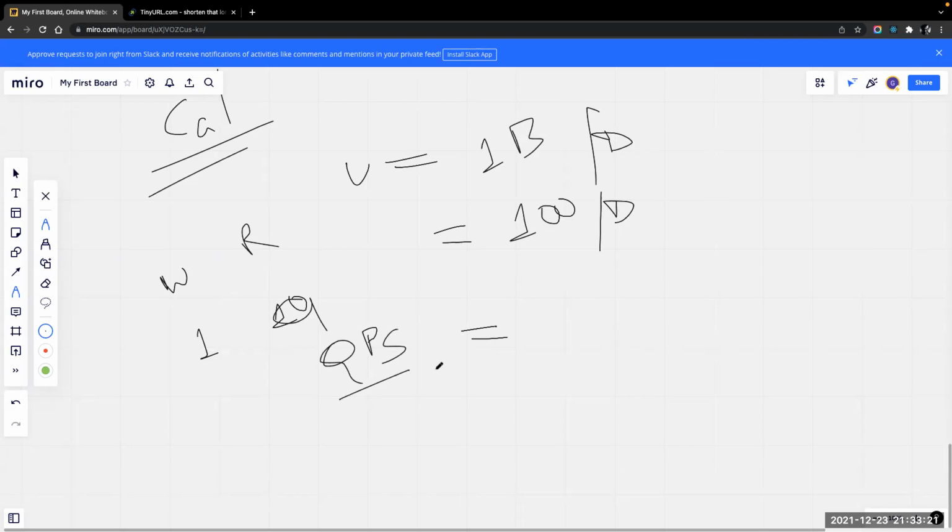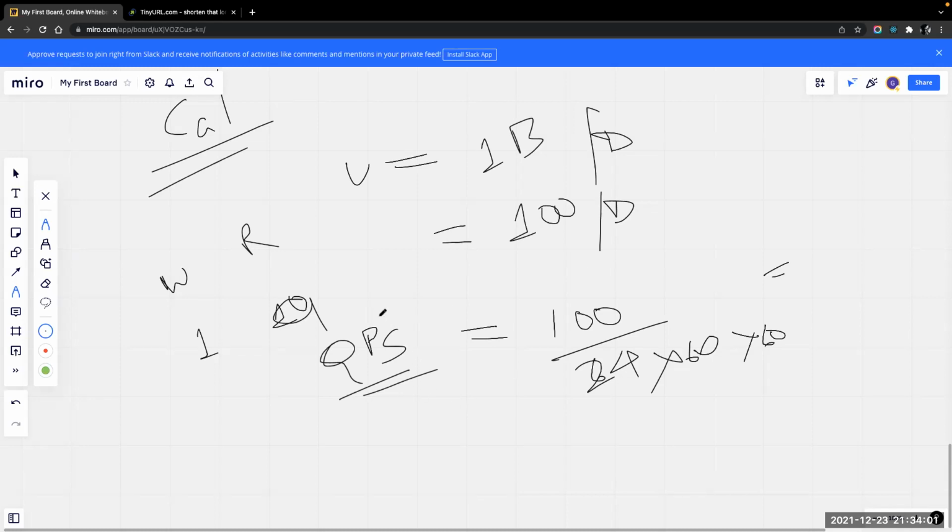We will find QPS. QPS is nothing but the number of queries per second. That means the maximum number of queries that can come in 1 second. For that we can do 100 divided by 6. There are 24 hours in a day, so 24 into 60 minutes into 60 seconds, right? So this many queries can come in 1 second per day if 100 users are visiting in 1 day. Okay, distributedly we are speaking.